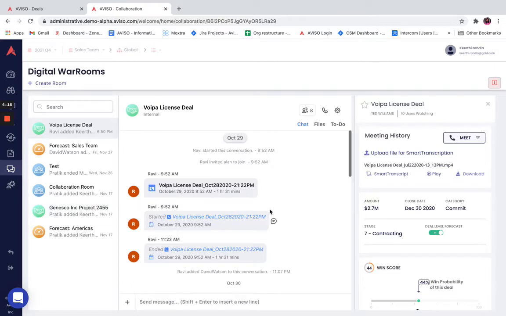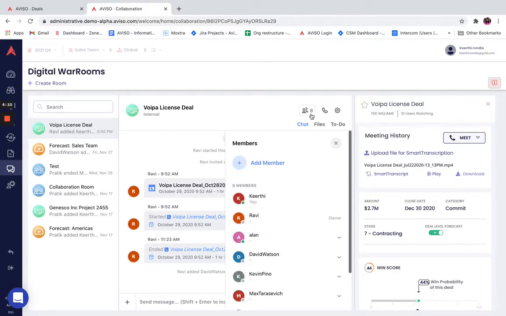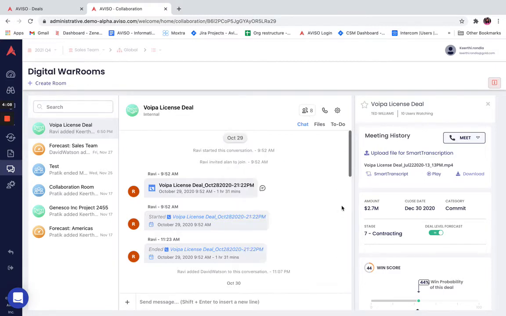From here you can have all the chat conversations, upload the relevant files and assign to-dos. Add more members by clicking on the attendee icon at the top here. And on the right hand pane you have Aviso insights based on AI available, and you can also leverage our